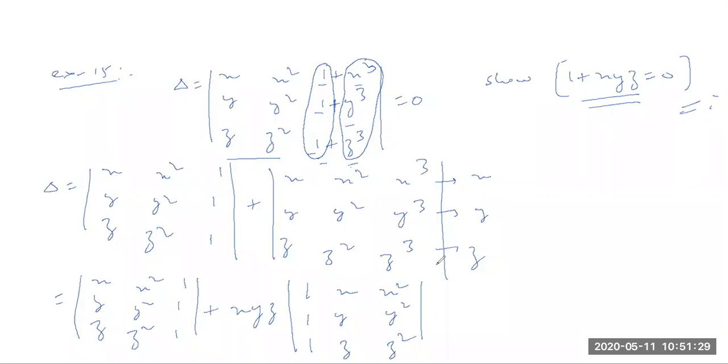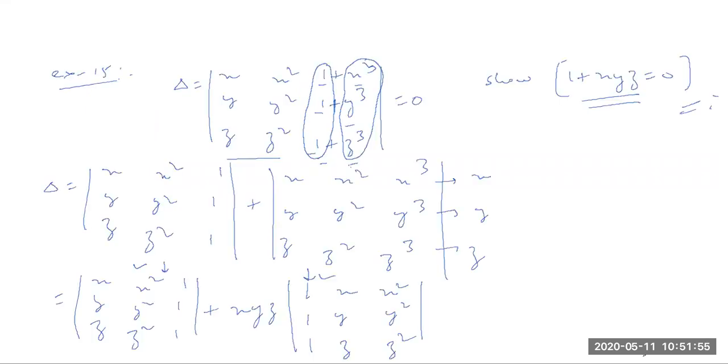Now we can do one thing. You can see that both these determinants are almost same, and we can make them exactly same also by changing the columns or rows. Okay, so let's see how we can do that. The first term that is written, we are writing it again here. What was written in it? This was x y z.